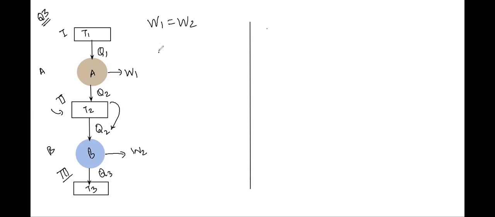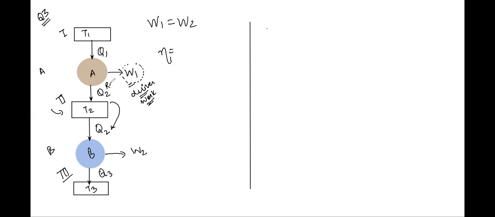We have one formula for efficiency, right? Efficiency is given as output by input. What is the output for the first engine? Tell me. For an engine, the output is the work. Why is an engine used, Atul? To deliver some work, right? So that is the main output of it.